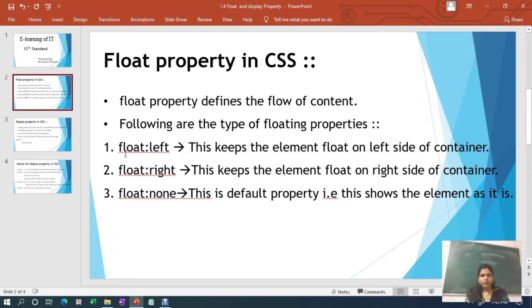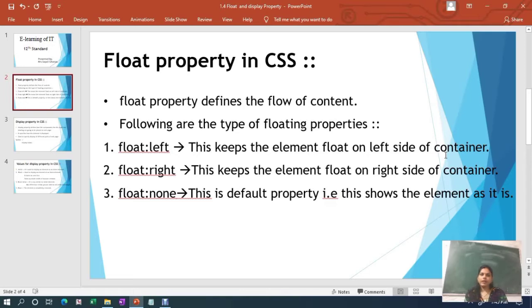See, first float is the property, colon, left is the value provided for this float property. The left value keeps the element floating on the left side of your container. That is, on your web page, your element will be placed at the left side of its container.